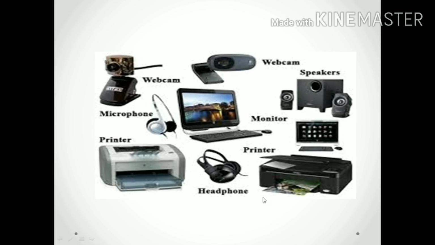Now these are some examples of output devices like webcam, printer, monitor. Through monitor we can get the result. Okay, then speakers. From speakers we get sound as output. Okay, then it's a printer, get the hard copy. So the output can be in different forms. In monitor case it will be a display. Okay, then using speakers it will be sound. Then using printers it will be hard copy. Okay, so there will be different forms of output, but it will be in the human understandable form.